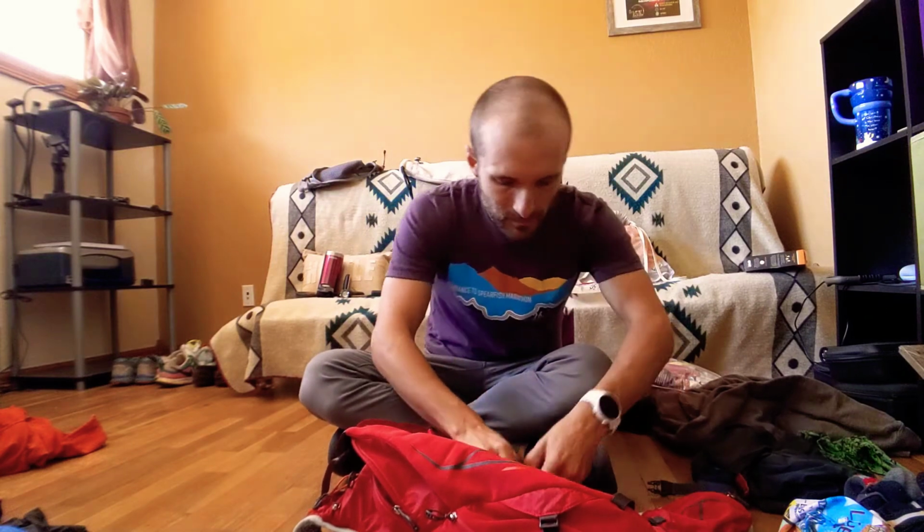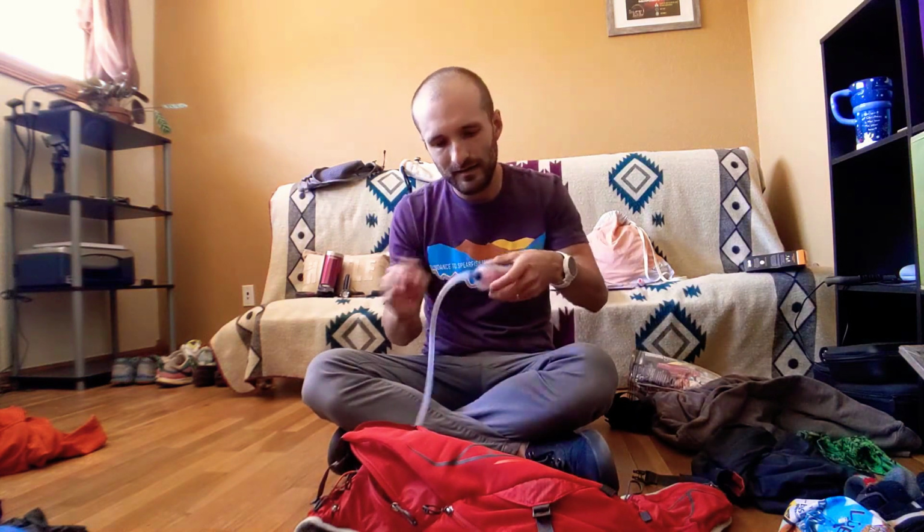So I'm doing it unsupported, which means I have to start with everything I will need for the FKT except water. And with water, I will be getting it off the trail. And how I'm going to do that, primarily, I decided to go with this,